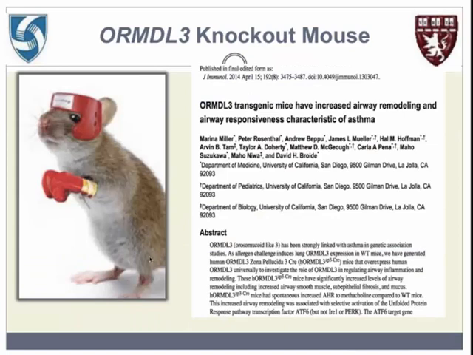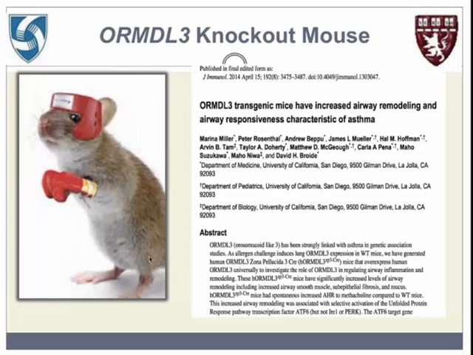So I want to go to the next step, and this next step is really just taking this to the clinic. We now see that there's compelling evidence on multiple levels that the sphingolipid pathway is involved in asthma pathogenesis. But how can we really translate this to the clinic? Because that's what we're looking for, right? How can this become something we can utilize in a medical setting?